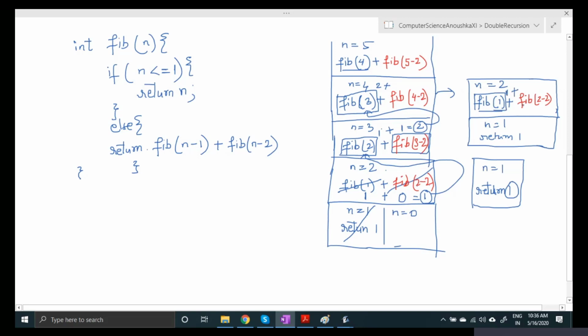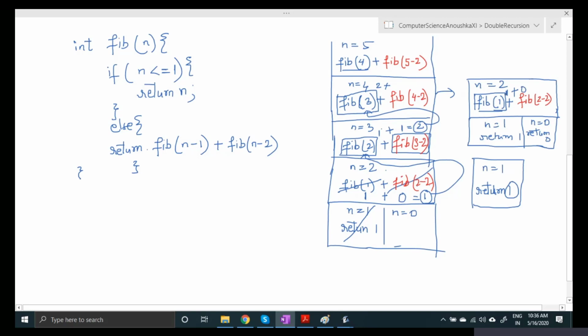Then plus Fibonacci of 2 minus 2. So n is 0 here. 0 means this condition is true again, so it will return 0. This 0 will be returned over here.